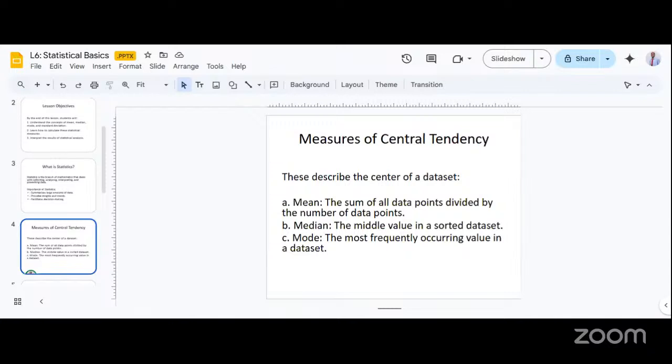So for example, what do I mean? So take note, I mentioned sets. So a set is like a collection of values. So 1, 2, 3, 4, 5. So that's the set. So we have the number 1, we have the number 2, we have the number 3, we have the number 4, and we have the number 5. So in that list, in this particular set, I have 5 digits.